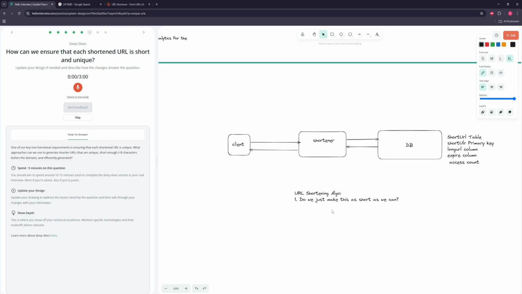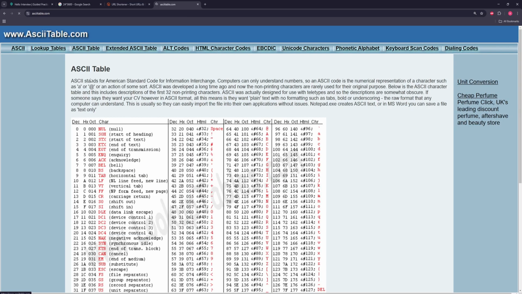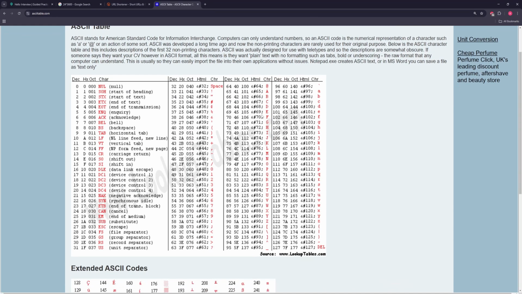So we could basically just generate a random key, and we want to make it as short as possible. I think in Bitly, you use uppercase characters, lowercase characters, and numbers. Or we can use even more characters, like we can take everything up to like the top 100 ASCII. So if we go to an ASCII table here,